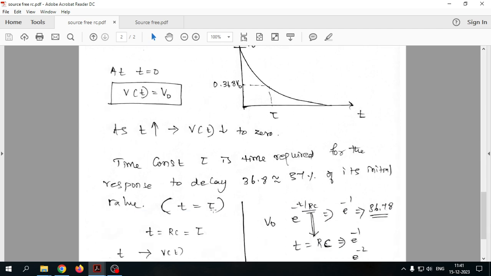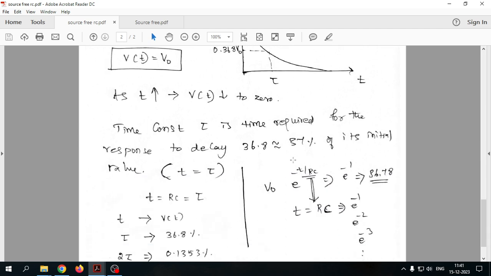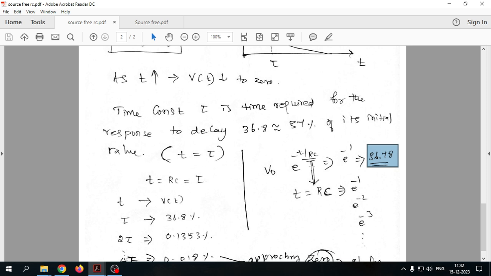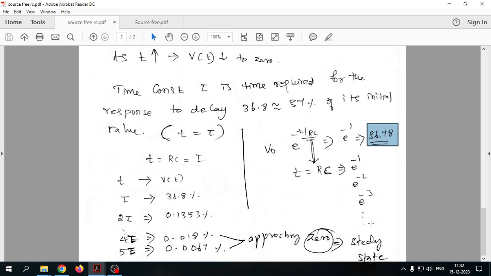For a case, assume that t by RC is equal to 1, which means e power minus 1. The value of e power minus 1 is 36.78. In terms of percentage, we can call it 36.78 percent. And if you put e power minus 2, minus 3, and so on, the value will keep on decreasing. At what rate that happens can be identified from here. So for that, now we assumed that